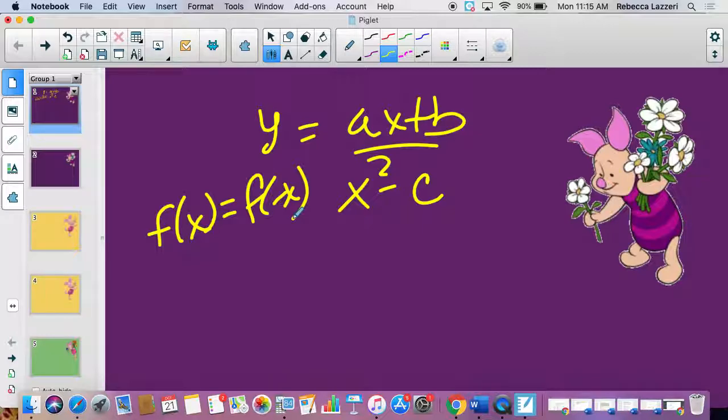If they tell you it's odd, f of negative x equals negative f of x, and you can run with that algebraically. So that should be a reaction. If they say in turn, f of x equals f of negative x, above it, write note to self, that means it's even, symmetric to the y-axis. They might give it to you in any form or fashion, but that should trigger in our head something to do. So then I said f of negative x